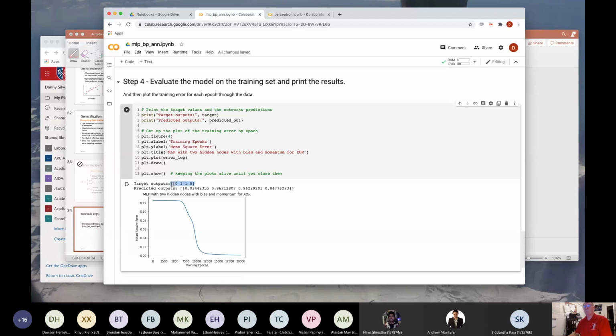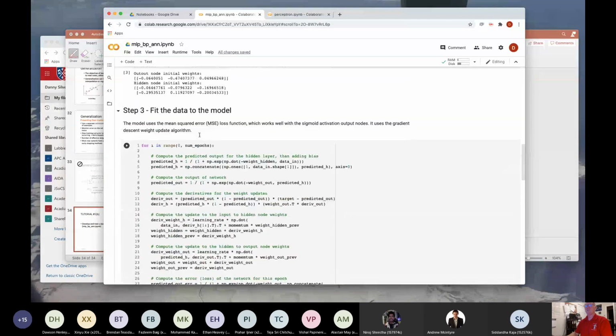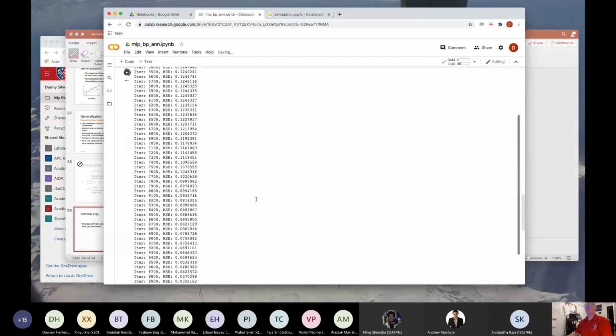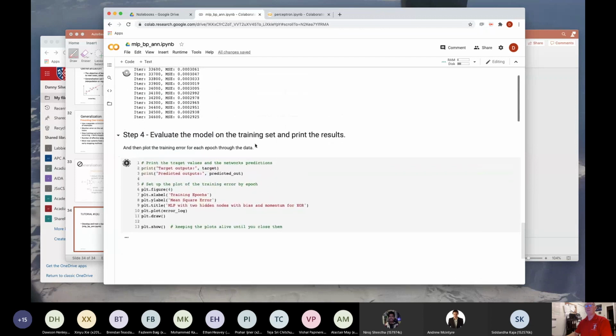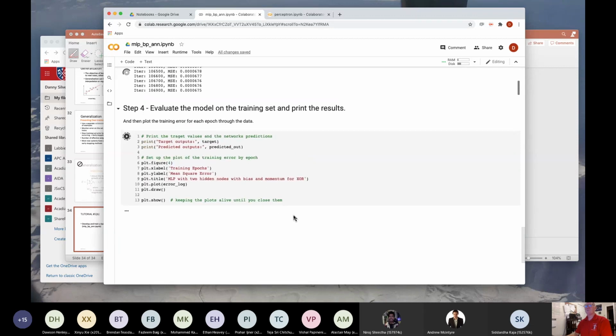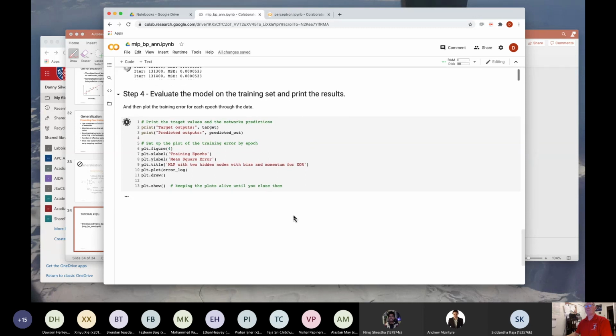This was what we desired as the output, and this is what the network is outputting. It's not perfect, it's 0.03, but that's not bad, and 0.96, 0.96. If you let it train longer, you can get this closer and closer to 1, and that's easy. You just go back up to the code here and put another 0 on there if you like, and then run the whole thing again, and it'll run for that much longer. And hopefully at the end of all of that, I guess it's got to train for 200,000 times.